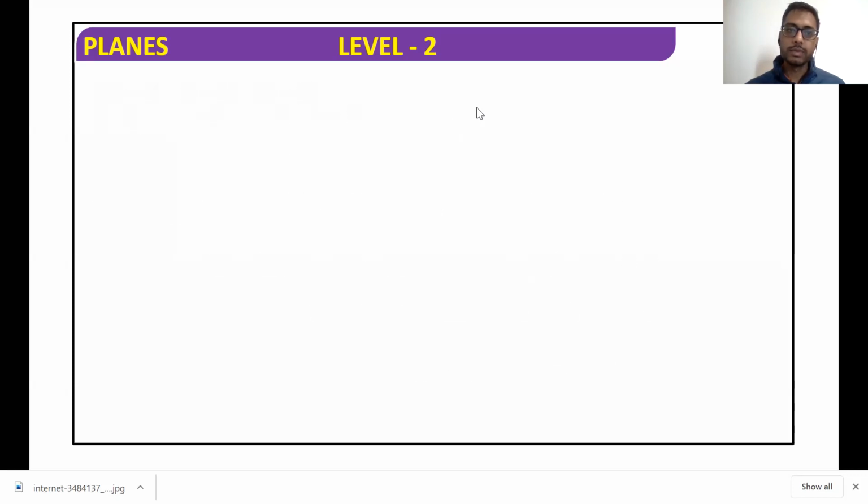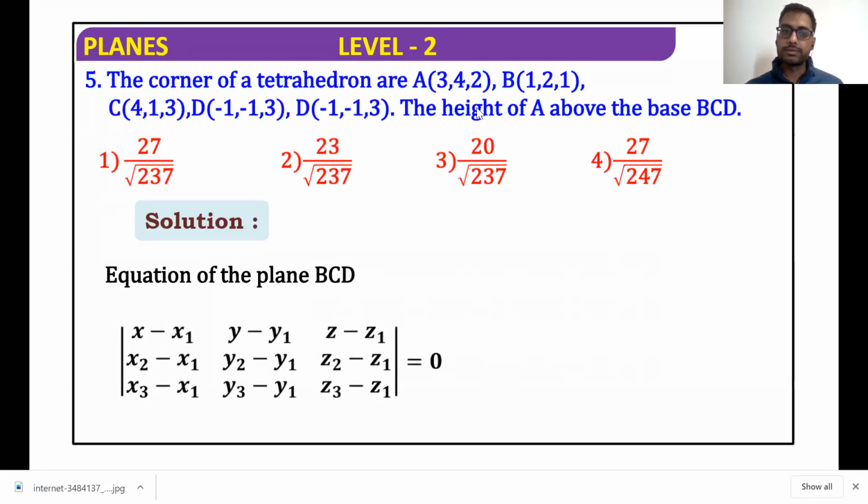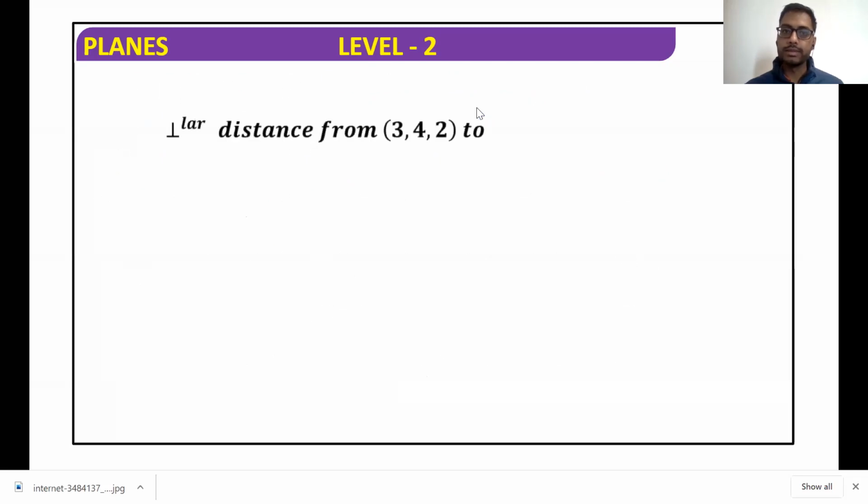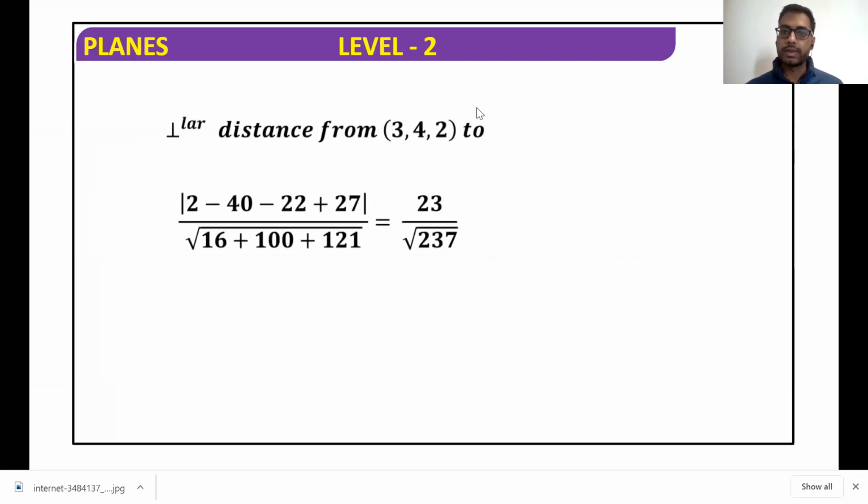So you can go through once again. First, we have found out equation of plane. Once we get equation of plane, we have found out the perpendicular distance from the point using perpendicular distance formula. If the point is mentioned as origin, then the formula becomes mod of d upon under root a square plus b square plus c square.